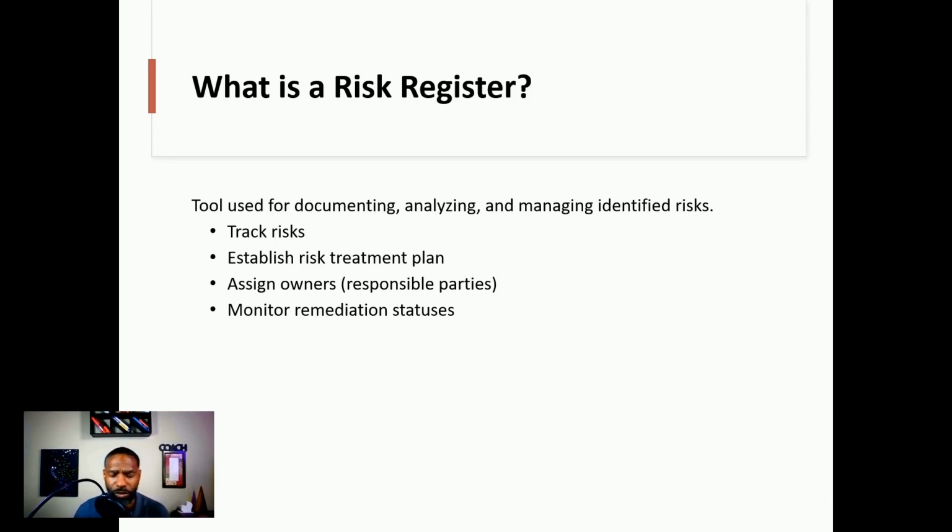So it's basically a tool that you use to document, analyze, and manage identified risks. And you're going to track these risks over time using this document so that you don't lose sight of them. And then you're able to use this document also to document what your established risk treatment plan is for that identified risk. So am I going to avoid this risk by stopping whatever I'm doing that is causing this risk to be introduced into our environment? Or am I going to accept this risk and say this is the normal thing that's going to happen and